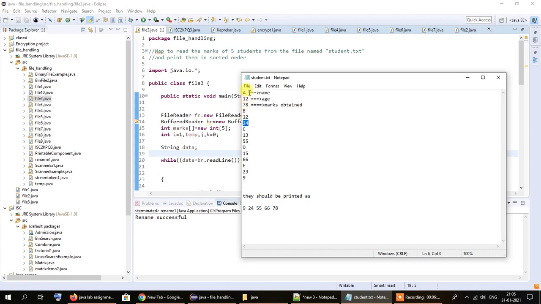If we are to number these entries from 1 to 3 like this, this entry will be at number 3, this one, the marks obtained by the second person, will be at number 6, this 55 will be at number 9, this 66 will be at number 12, and 9 will be at number 15. So the positional index of the marks obtained by each student is